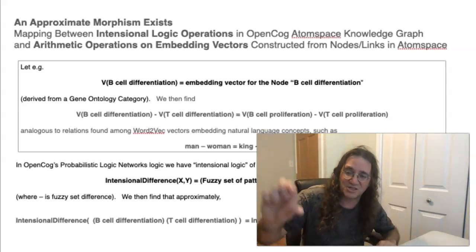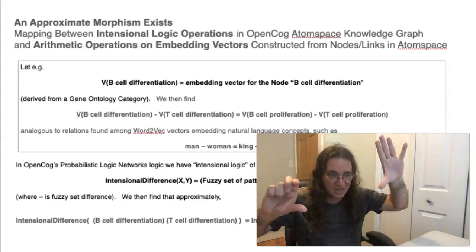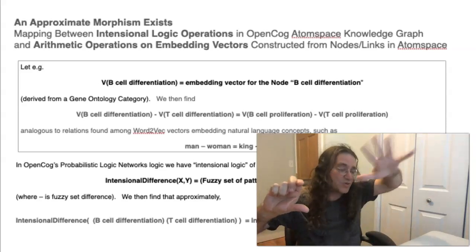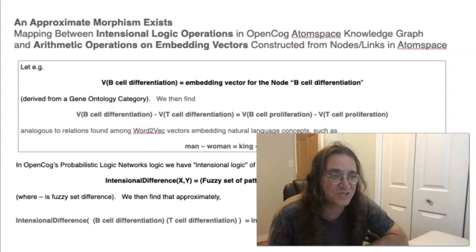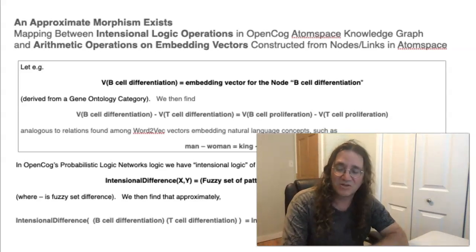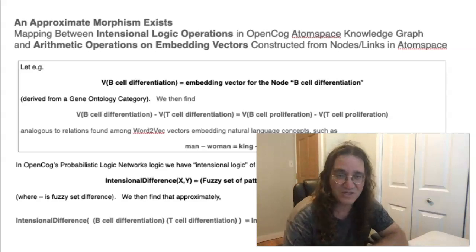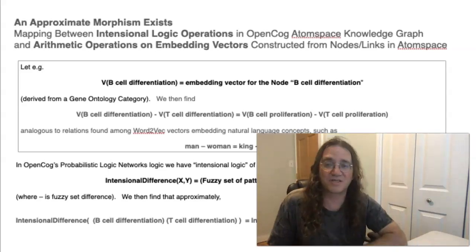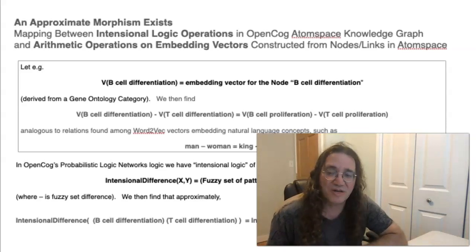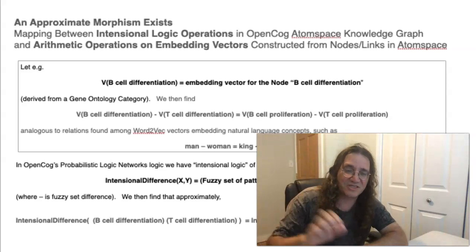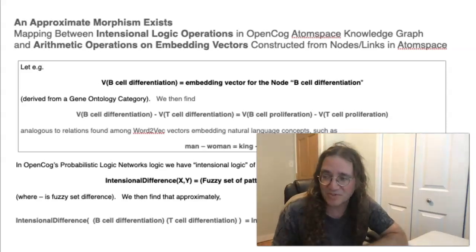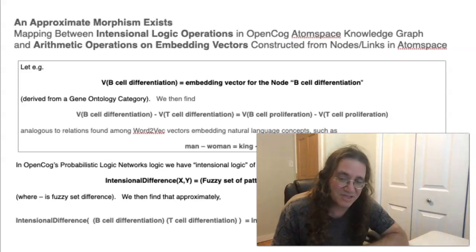So differentiation, the cells dividing in two; proliferation, the cells reproducing and spreading all over the place. They're different processes, but we see these correspondences. And this is much like the word2vec correspondence, like king minus queen equals man minus woman. These correspondences are not at all surprising if you look at how the vectors are created. I mean, the vectors are sort of compressed property lists. So the properties that a man has but a woman doesn't have are a lot of the same ones as the properties that a king doesn't have and a queen doesn't have.